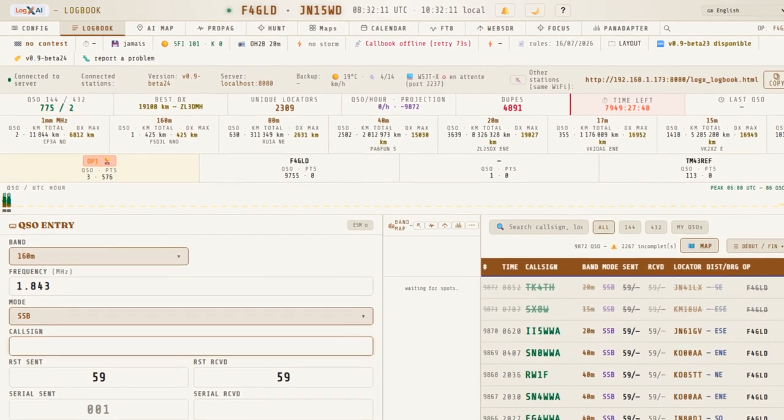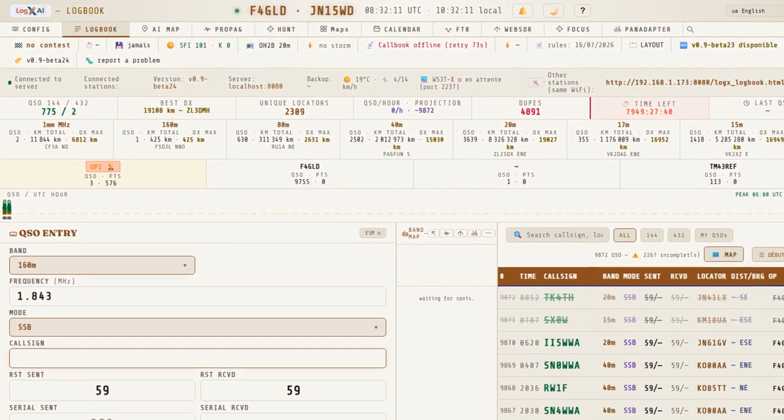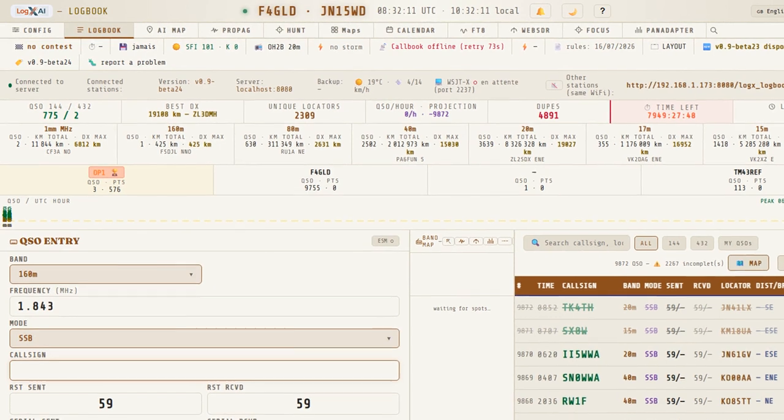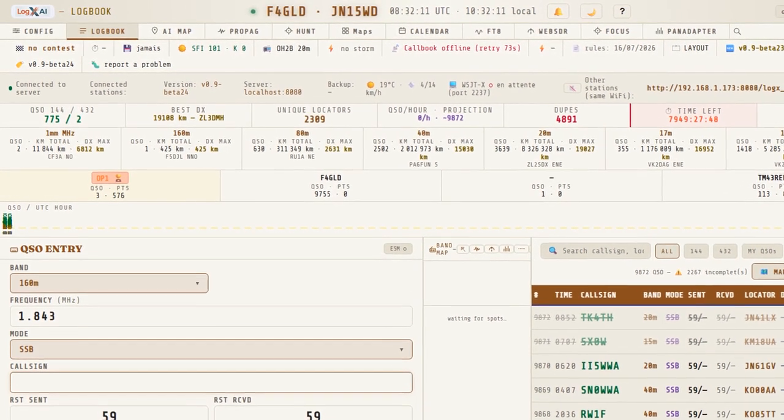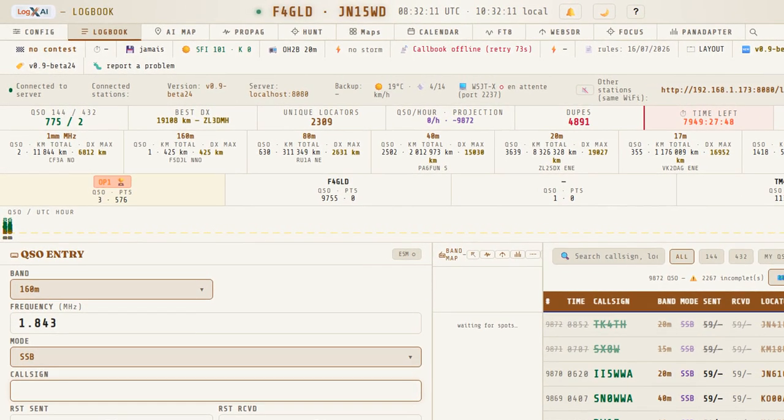One piece of software for everyday logging, another for contests, a website for propagation, a spreadsheet for your portable activations, and a pile of open tabs for the cluster, the maps, the QSL confirmations. LogX AI brings all of that into a single application that runs on your own computer for free, no account,